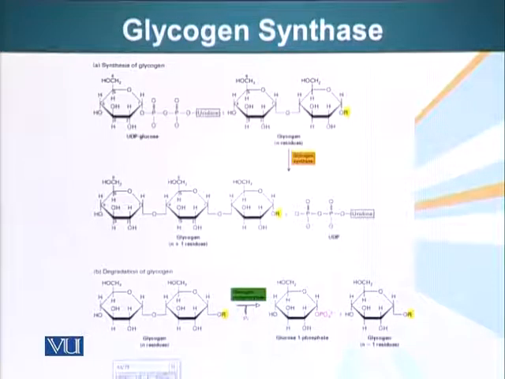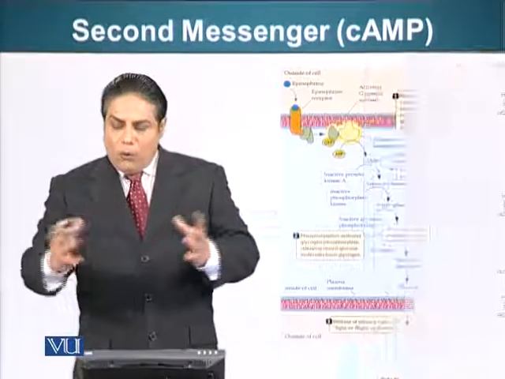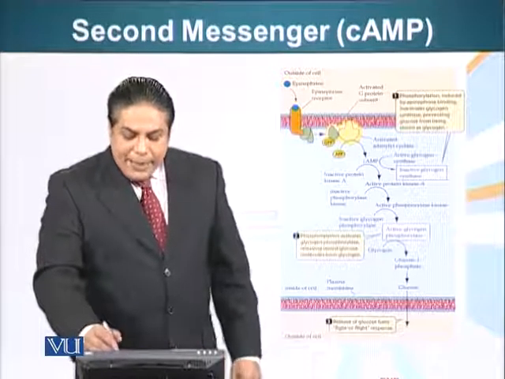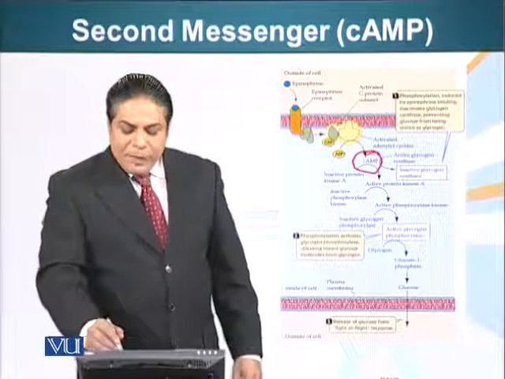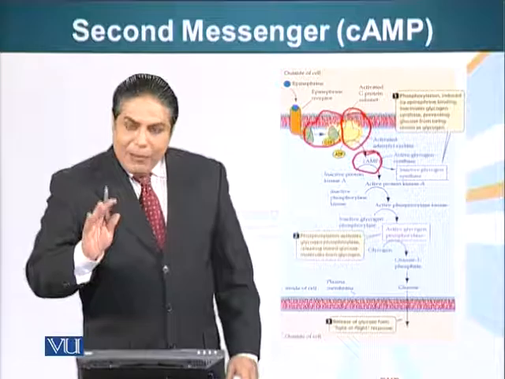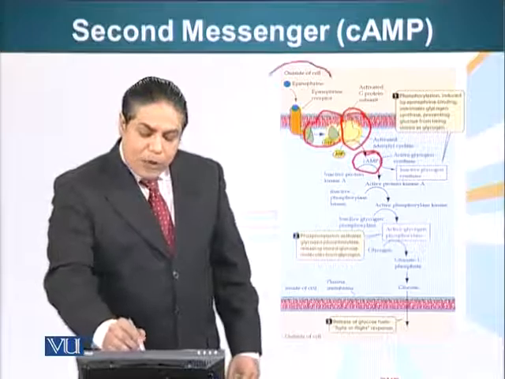Here you can see the structures. Here, for example, we have glycogen. Glycogen synthase adds glucose molecules to the glycogen. Glycogen phosphorylase, on the other hand, adds a phosphate group, resulting in release of one glucose molecule from the glycogen. So this is the overall schematic which we just saw. The protein kinase A is activated in response to cyclic AMP, which is produced by adenyl cyclase, which was activated by G protein, the alpha subunit of the G protein, which dissociated from beta and gamma